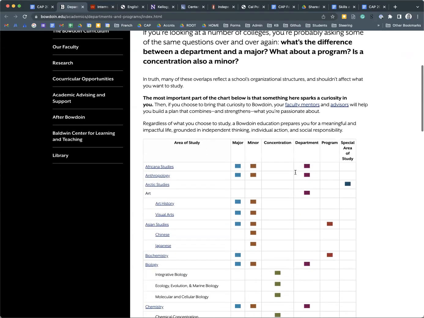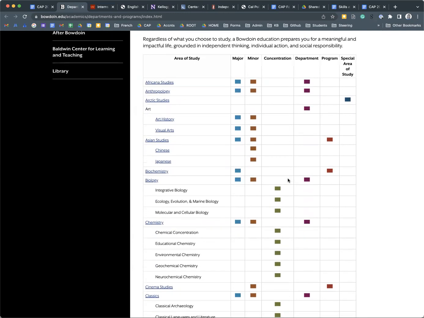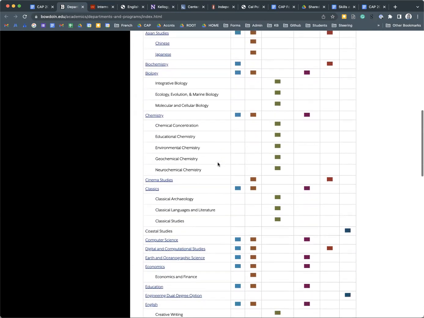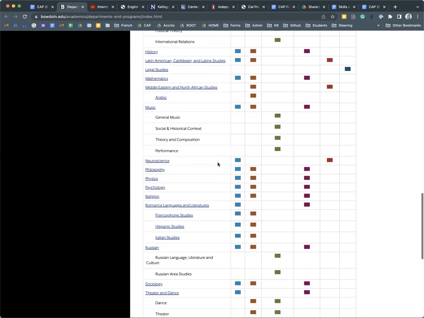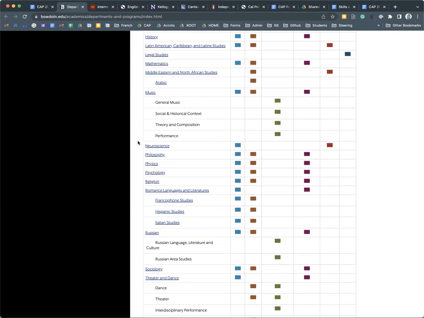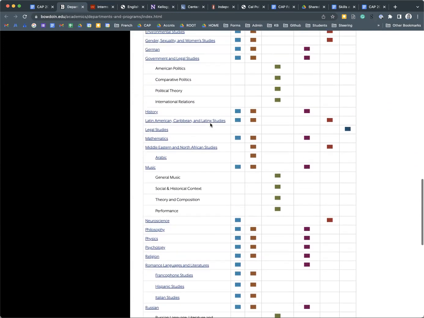So let's just walk through what we did before. If you're looking for majors at a small liberal arts college, let's look at Bowdoin this time. And you can just see the difference. It's not a huge list, pages and pages of majors or multiple colleges with different majors underneath them. You've basically got a list of about 25 majors in here, right? So that's what makes a small liberal arts college different as well. Now they have concentrations, so that's why the list is a little bit longer, under each of the majors.